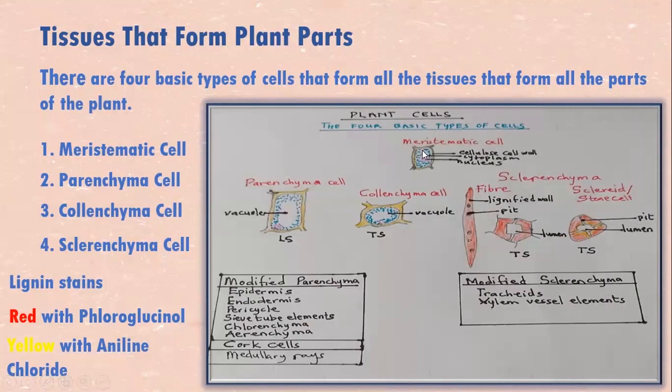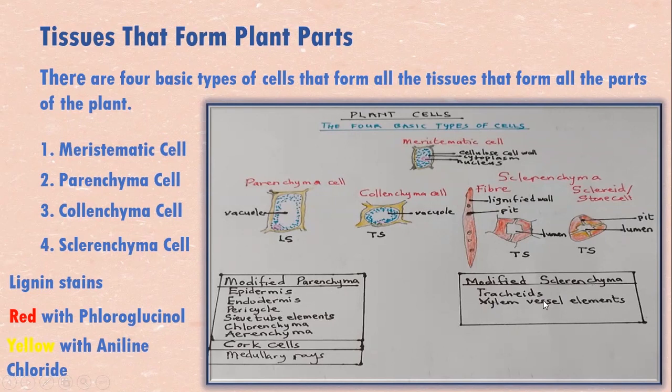We have meristematic tissues, or let's look at the cells first. Meristematic cell, you have parenchyma cell, collenchyma, sclerenchyma. And sclerenchyma, we have fibres or sclereids or stone cells. Well, in parenchyma cells, you have modified or parenchyma-like cells. You have the epidermis, endodermis, pericycle, sieve tube elements, chlorenchyma, aerenchyma, Koch cells, medullary rays. All these are modified parenchyma. Then you have modified sclerenchyma. You can look at tracheids